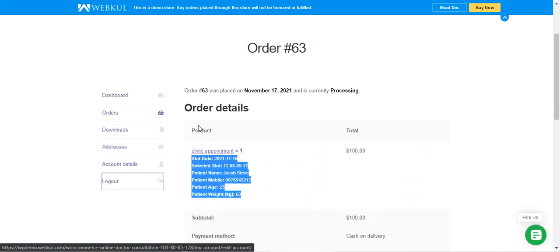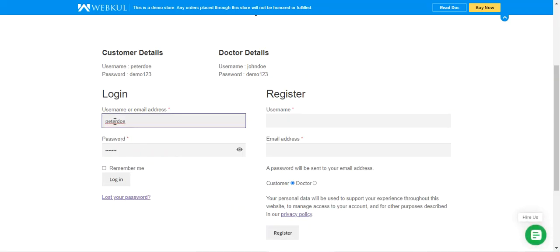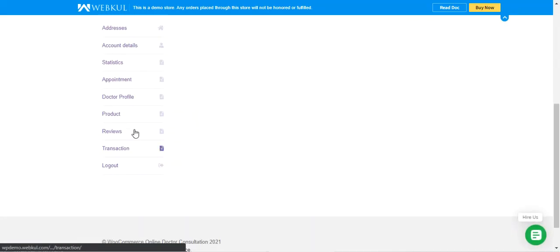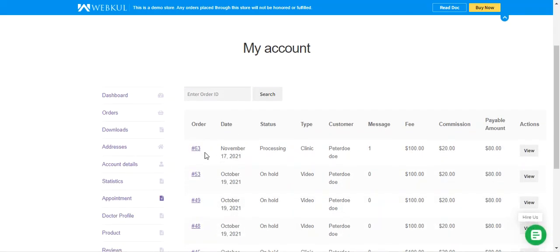Now let me log out and let me log into the doctor's account panel. So I've logged into the doctor's account panel. Now here, if I go to the section that's the doctor's profile, no, I'll have to go to the appointments there. So I'll be finding the particular appointment that we have just booked,